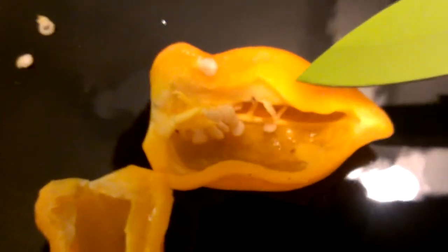You can see the oil. With my overhead light, you can just see the oil glistening in there. You can see how thick the walls are. My camera doesn't seem to want to focus now, there we go. Got a nice big hollow core. Ooh, this would have been a good pepper to put something in. I don't know what, probably like some paint powder or something. So anyways,